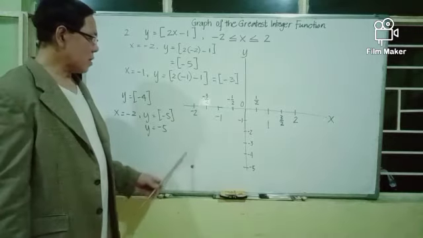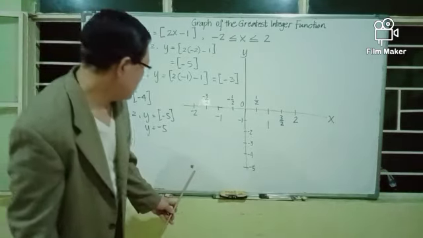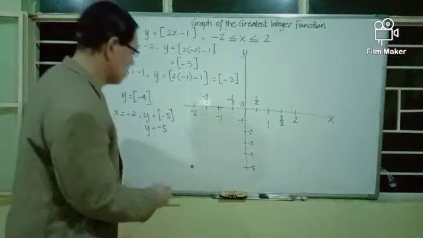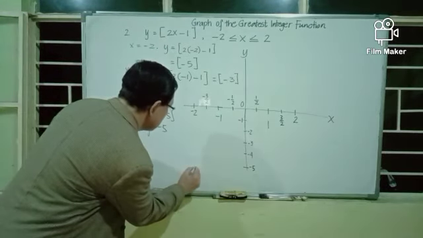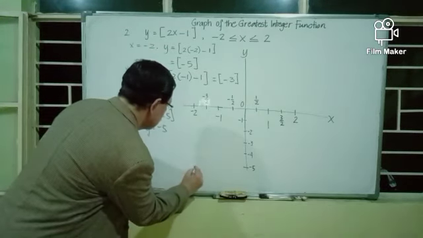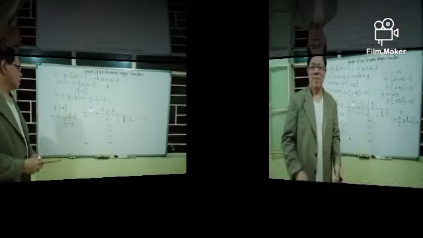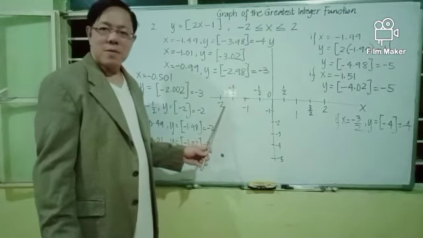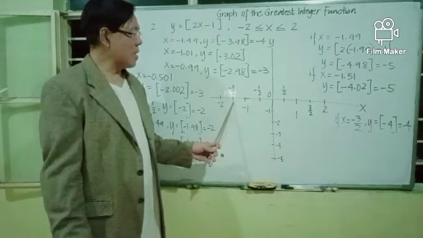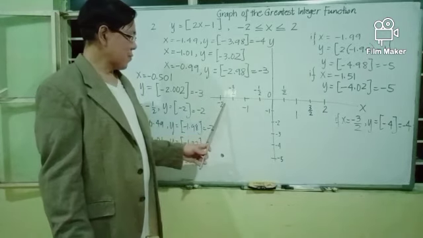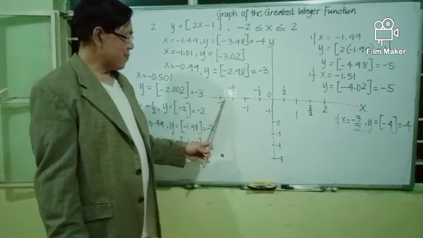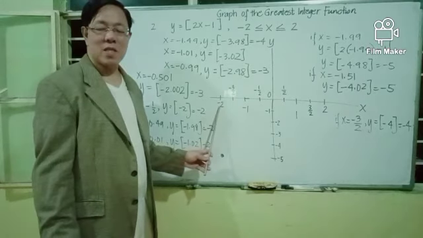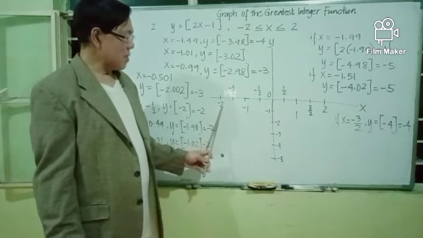This is the point that corresponds to x equals negative 2 and y is negative 5. We now consider the values of x that are greater than negative 2 but less than negative 3 over 2. And if you take a value of x that is very close to negative 2 but greater than negative 2,